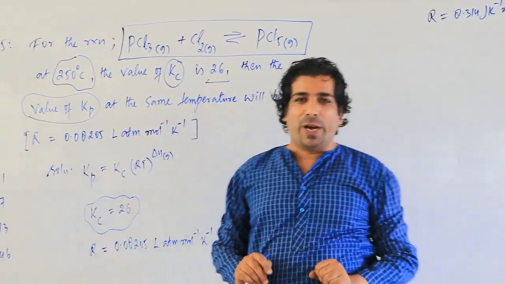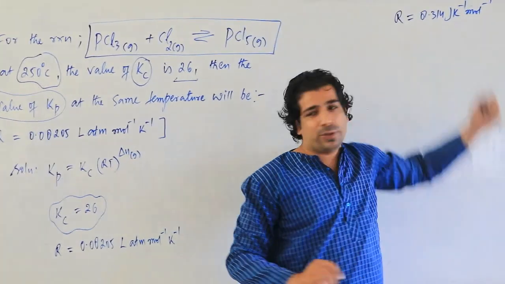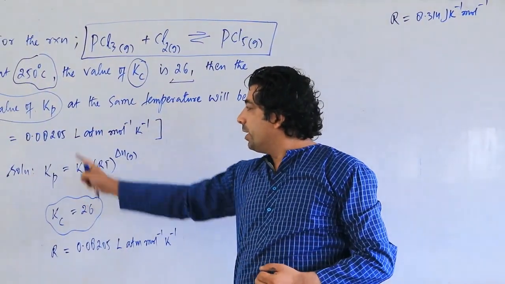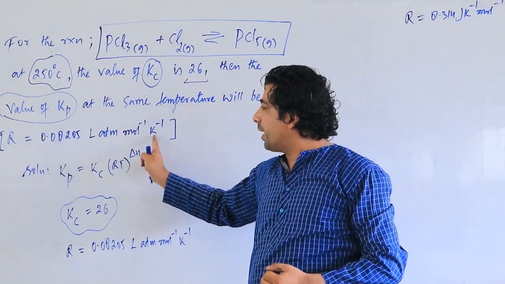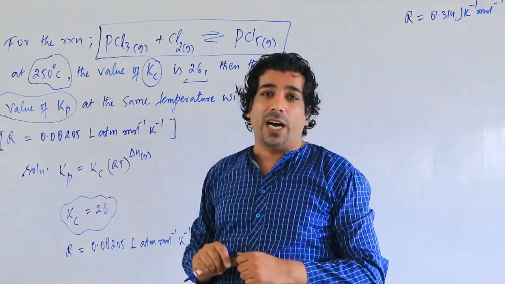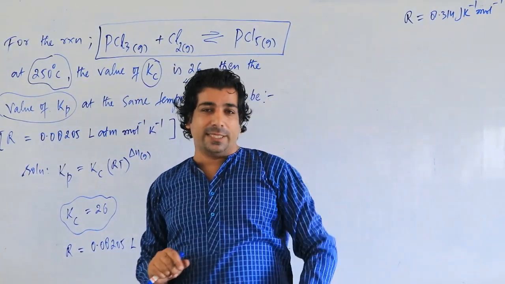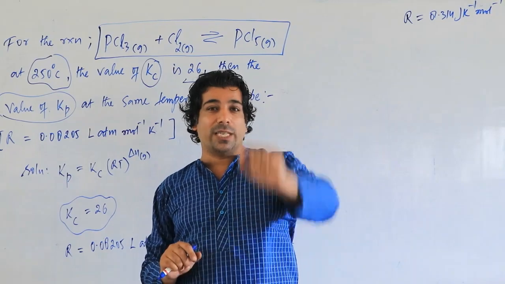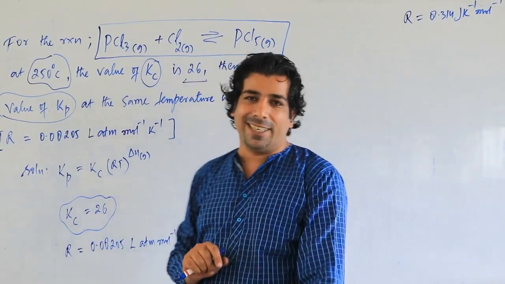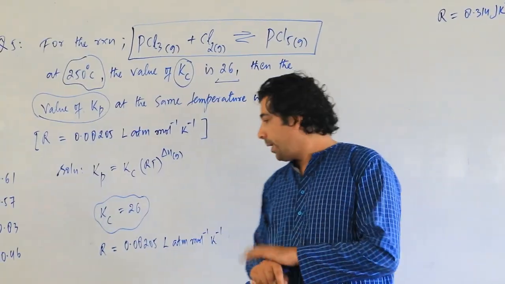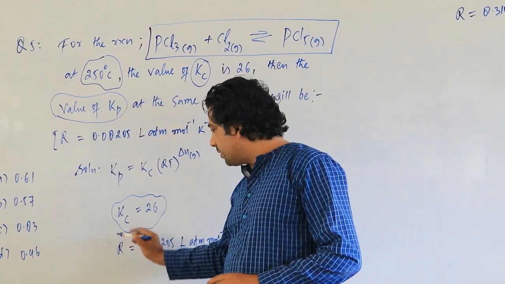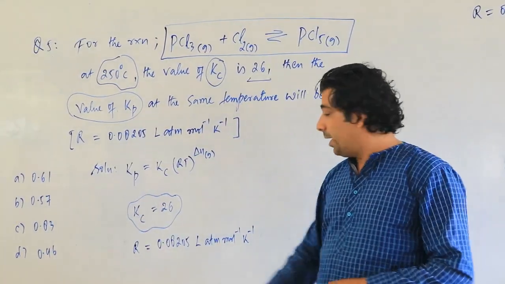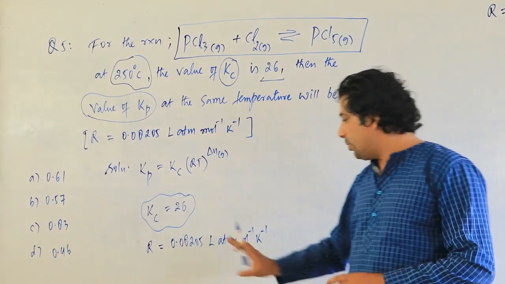So now what is my point? I am not using this expression, I am using this expression which is already given to me in liter atmosphere per mole per Kelvin. Because our concentrations are C or M, that is the number of moles per unit volume, that is mole per liter. Correct or not? So that's why this is the thing. Now this is your ideal gas constant. This is our equilibrium constant, that is 26. Ideal gas constant is this much.